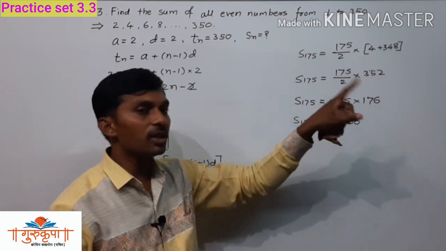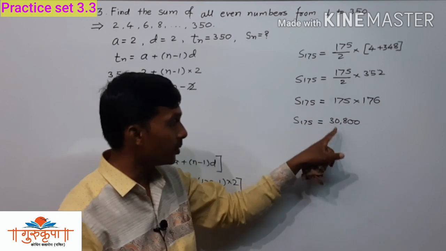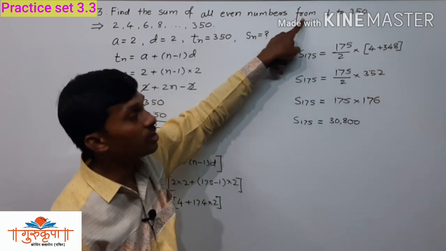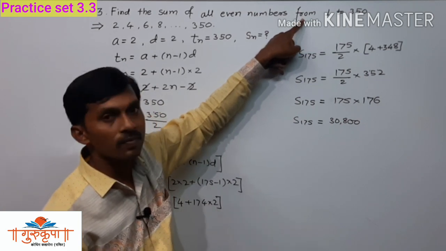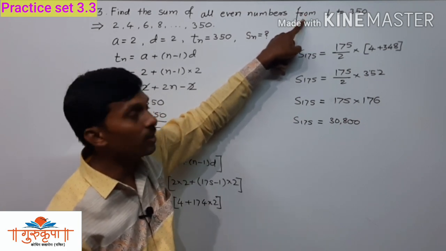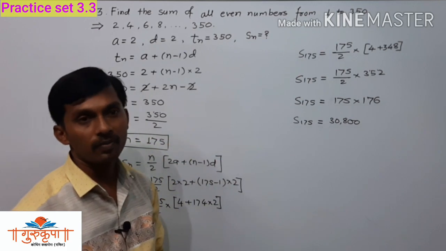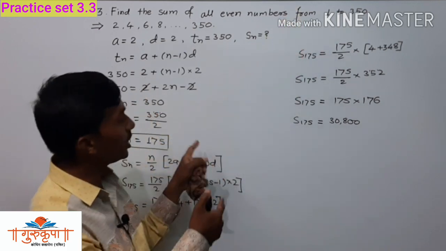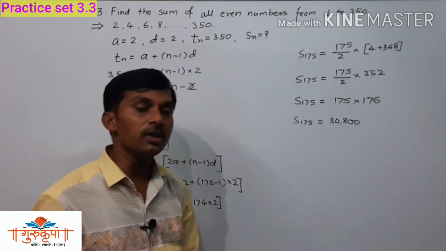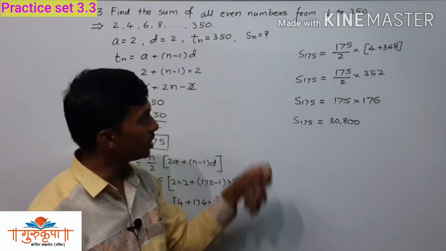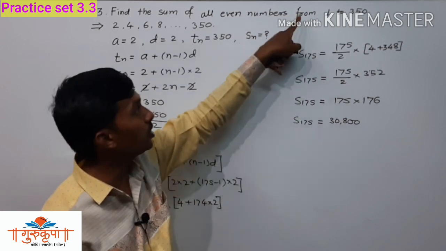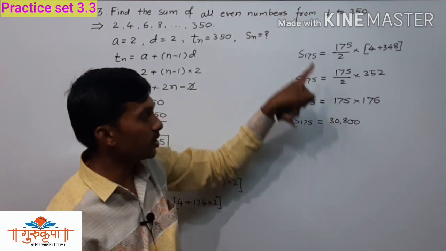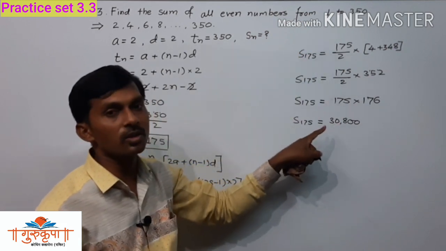But this answer is not given there. If you would like to get the same answer as given in the textbook, here we have to make the change. In place of from, we have to write between, and then we can get the answer which is given in the textbook. So this is also a correct answer. If you put the question as it is without making any change in the question, this answer is correct.